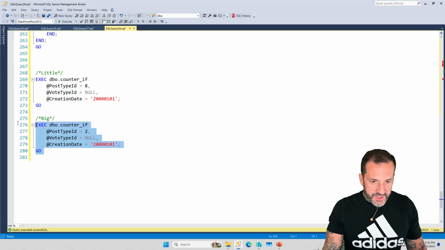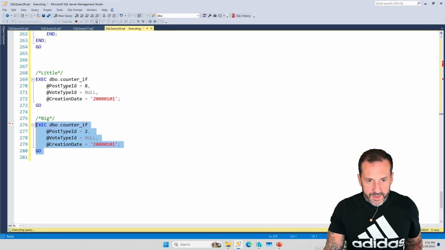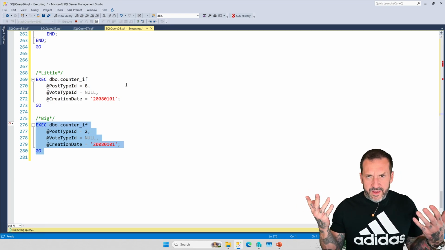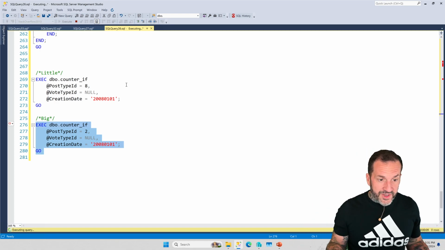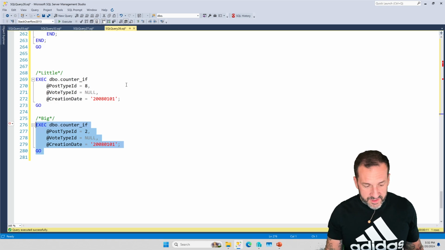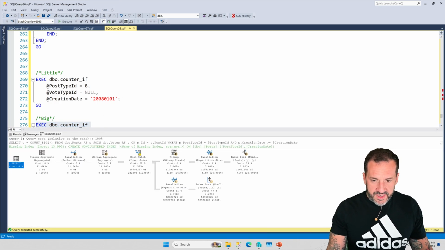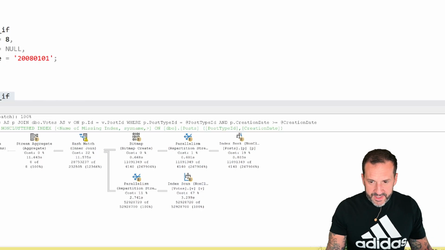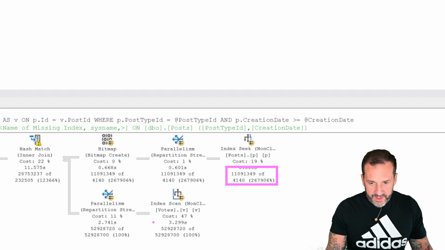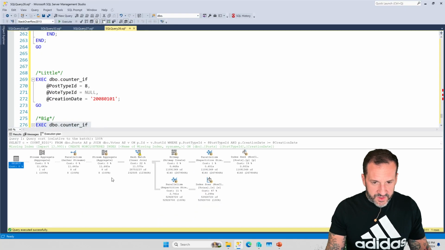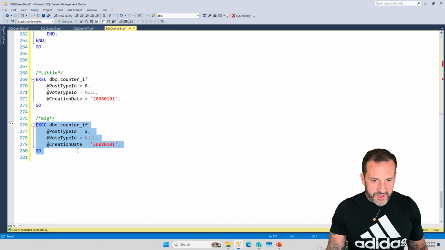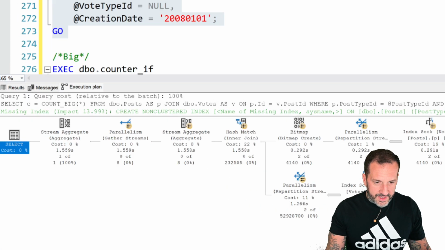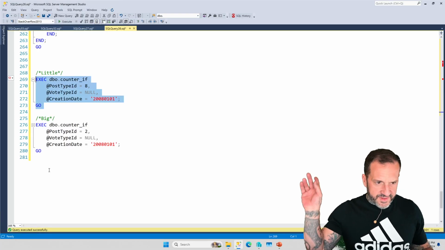And then if we run a bigger version of the stored procedure, right? Post type ID 8 doesn't have nearly as many values as post type ID 2. Post type ID 8 is a weird wiki thing that hardly anyone ever does. Post type ID 2 is questions. So obviously there are like 11 million questions in the post table. So reusing the plan from one to the other does not work out as well as we would hope. SQL Server reuses the estimates from the first execution, and we have some problems with spills for the hash join, and this takes about 11 seconds rather than finishing very quickly like it does for post type ID 8 here. This finishes in just a couple of seconds overall, so 1.5 seconds there versus 10, 11, 12 seconds for the other one.